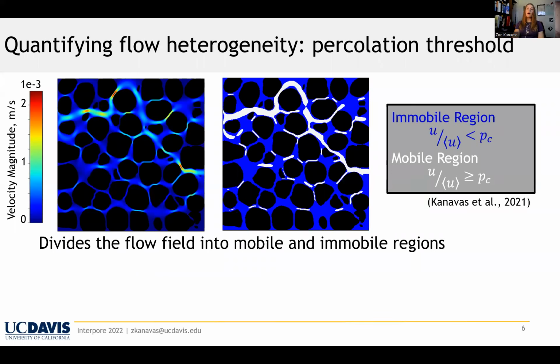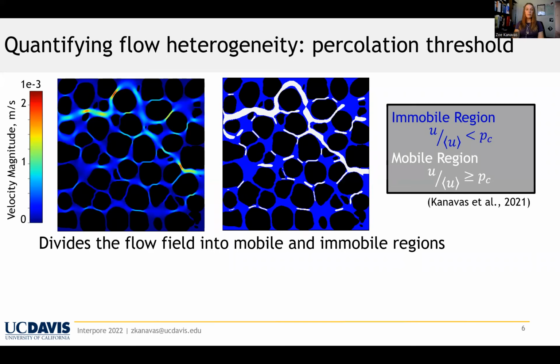Mathematically, this is defined as the ratio between the minimum velocity in the mobile region relative to the average velocity of the sample. This velocity threshold is set at the first established path that connects the inlet to outlet. Velocities lower than this threshold are in the immobile region, and velocities equal to or greater than this threshold are